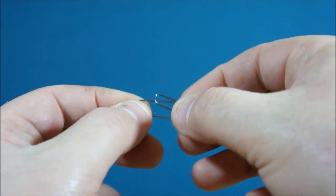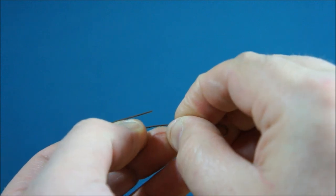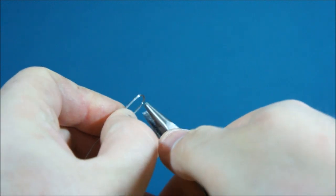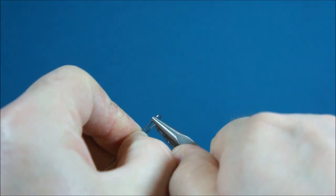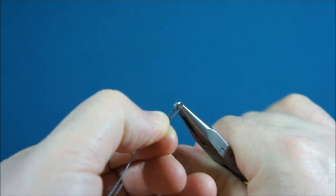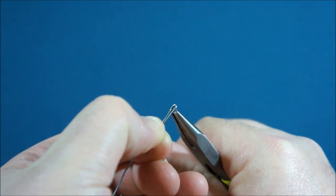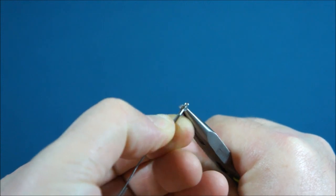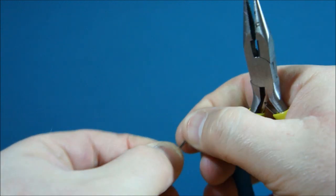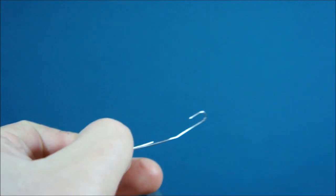So first off, I'm going to take a stainless steel paper clip and just open it up a bit there. And then with a little pair of pliers, I'm just going to almost flatten it. So just see if we can get that on camera there. I just want to leave the tiniest of eyes on one end, and then I'm going to cut back about an inch off